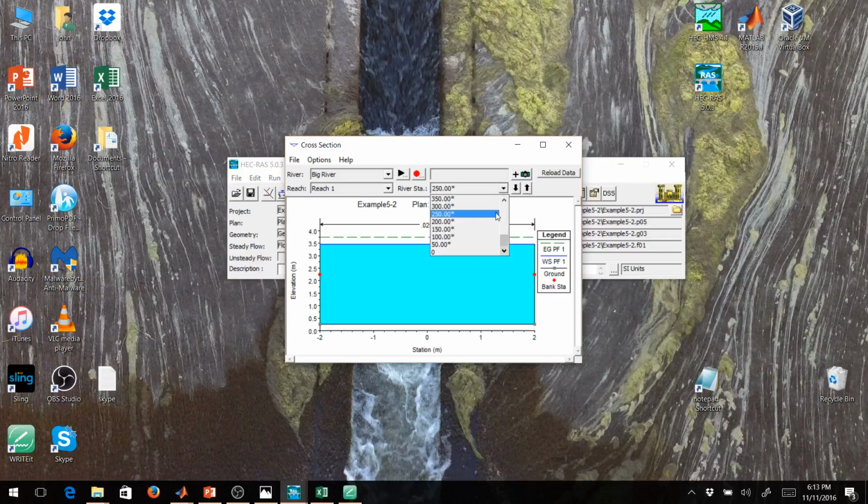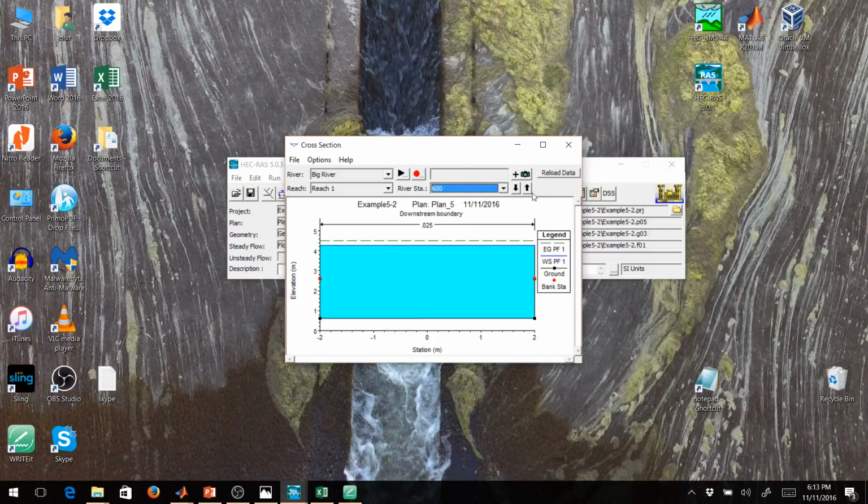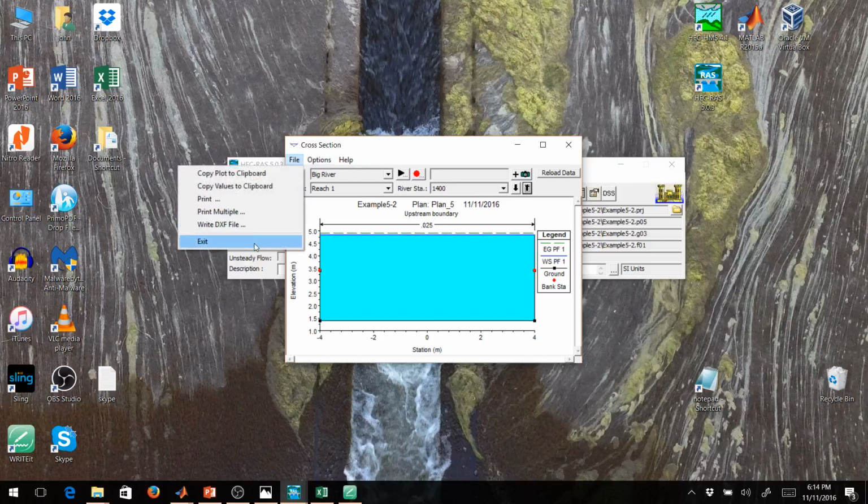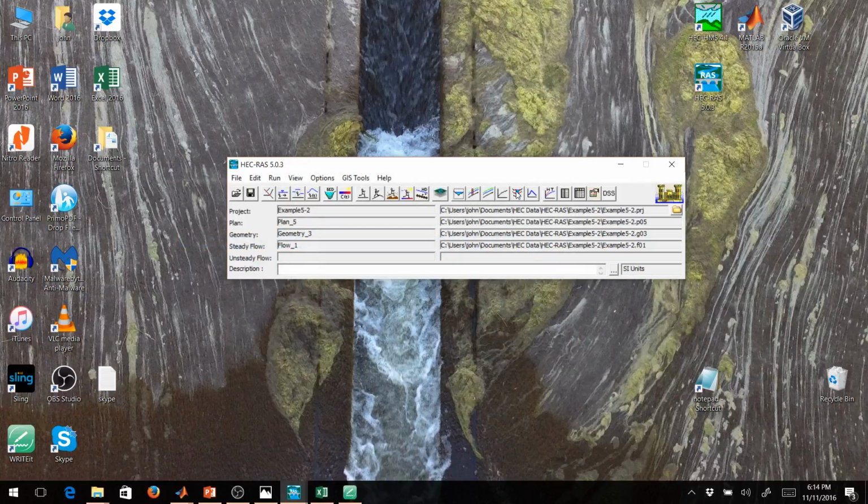Where it gets interesting, let's go to 600. And then we can notice the width here is 4. And we can see the width starting to expand as we move towards 1,000, where we reach 8 meters width. And then we can scroll to our final upstream boundary. Okay, very nice, very nice. Exit that. Last thing we want to look at